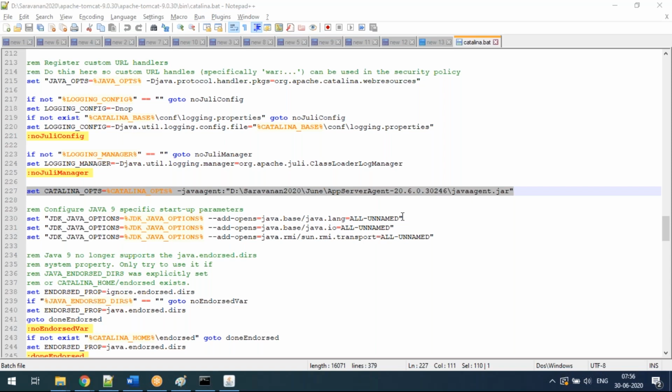Sometimes the data is not coming at all to AppDynamics. What will you talk to your developer? You will say, go and check your Catalina file. Is the path properly configured or not? You should have that knowledge and understanding. Then only can you talk to the developer. That is the reason I'm doing this.